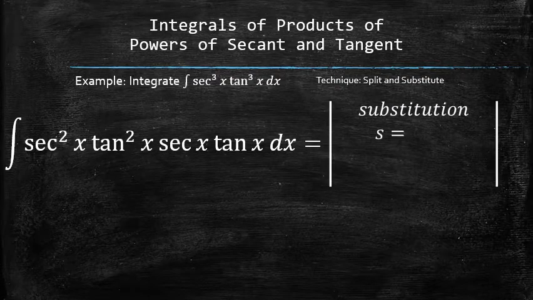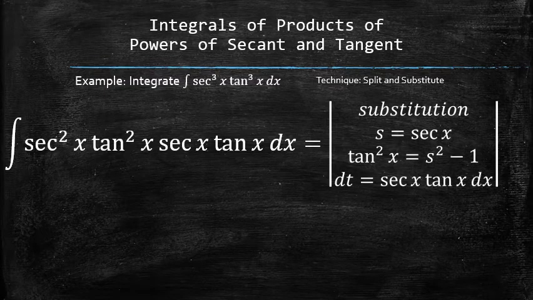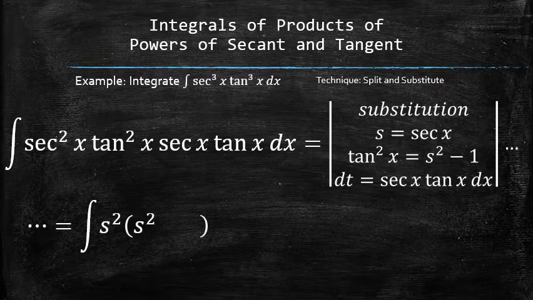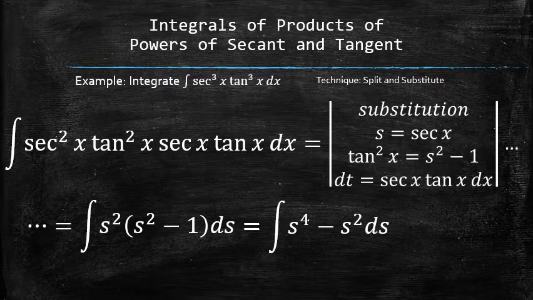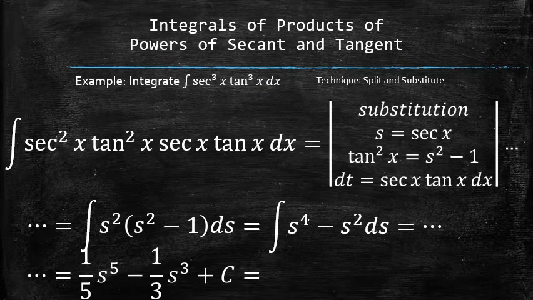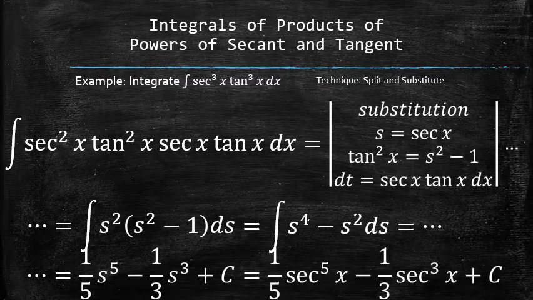Then we set up the substitution by setting a new variable, let's say s, equal to secant x, and finding the differential of s. Next, we plug everything into the original integral, and because of the discovered pattern, we have nothing but the function of s left in the integrand. We finish the process by finding the antiderivative and plugging the original function secant x back for s. Notice that the reason that this technique worked was that we had an odd power of tangent, which allowed us to split the product into a recognizable pattern.